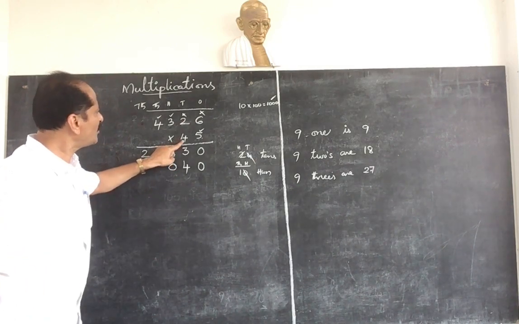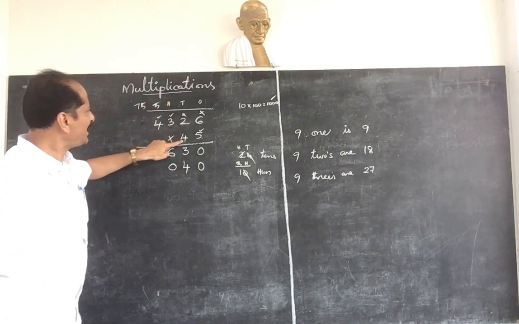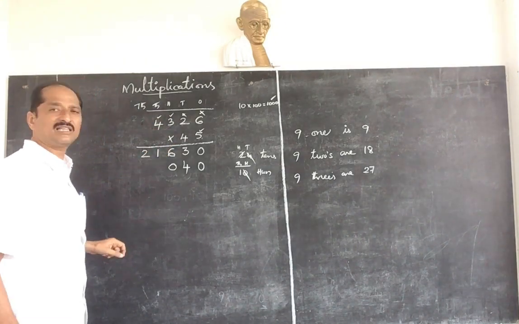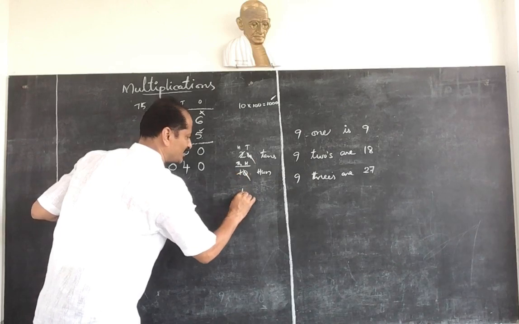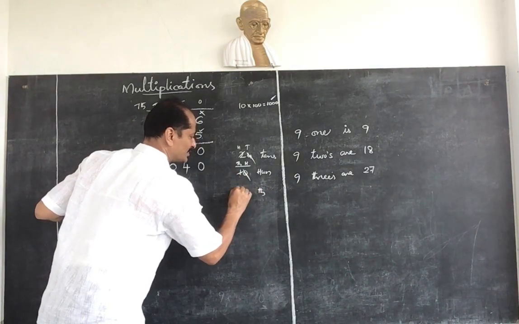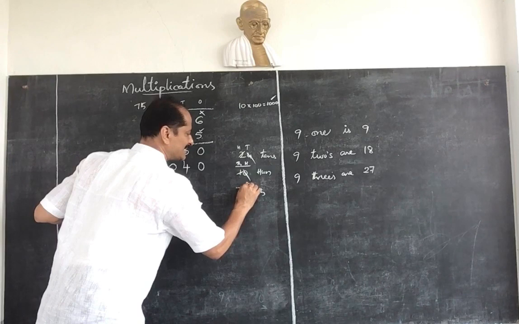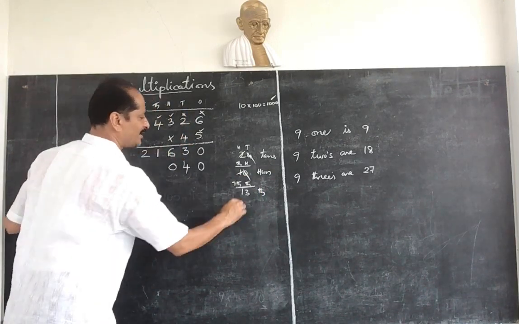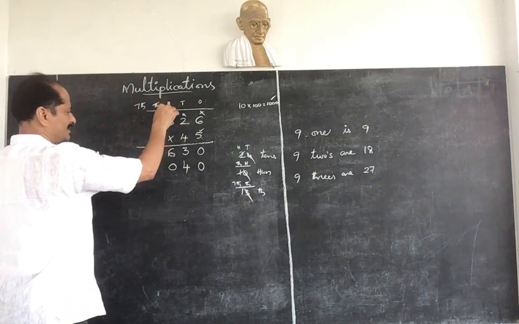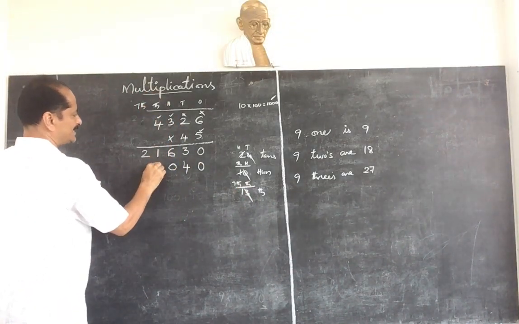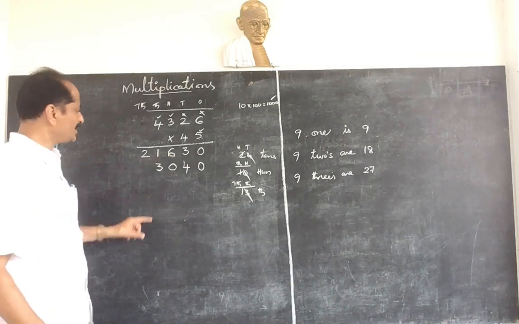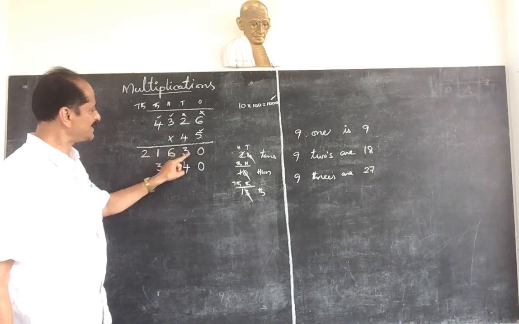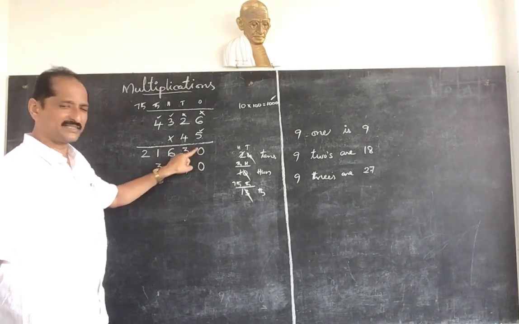So now 4 should be multiplied with 3. 4 3s are 12 thousands we got. 12 thousands plus 1000 is equal to 13,000. So in 13,000, 3 is in thousands place and 1 is in 10,000s place. Write 3 under thousands place. So this is thousands, this is also thousands. This is hundreds, this is hundreds. This is tens, this is tens. This is ones, this is ones. Okay?